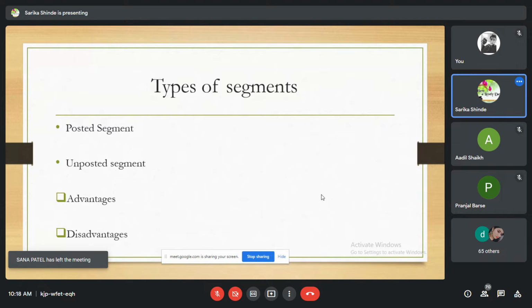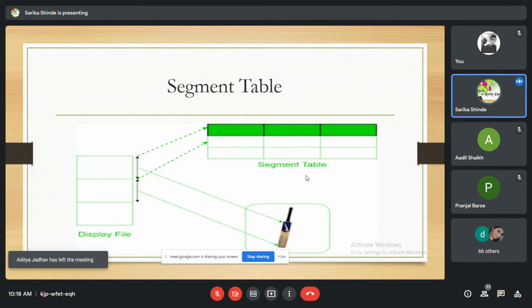Now, we see the segment table. What is a segment table? As discussed earlier, attributes like visibility and image transformation are set for each segment. To identify each segment unambiguously, each segment is assigned a unique segment name. Using the segment name, we can select a particular segment and set the appropriate attributes.